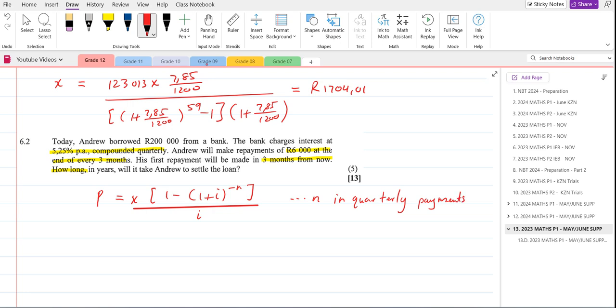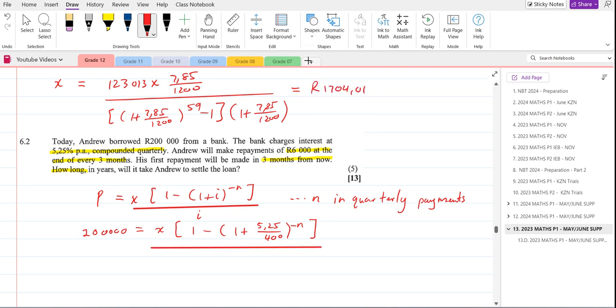Right, so P, which is 200,000, is equal to x into 1 minus (1 plus the interest rate) to the power negative n. What's the interest rate? The interest rate is 5,25 over 400. Be careful, to the power negative n. It has to be over 400 because it's quarterly. If it's monthly, over 1200. All over the interest rate, which is 5,25